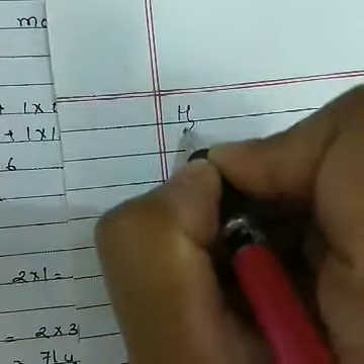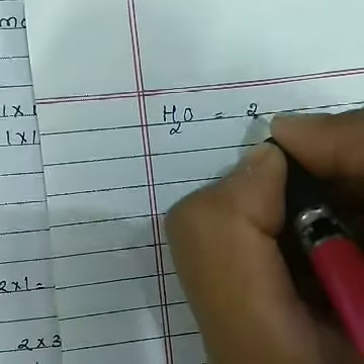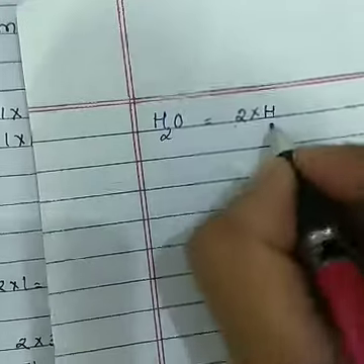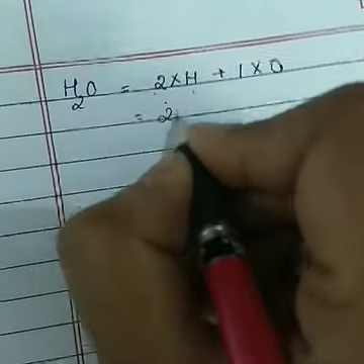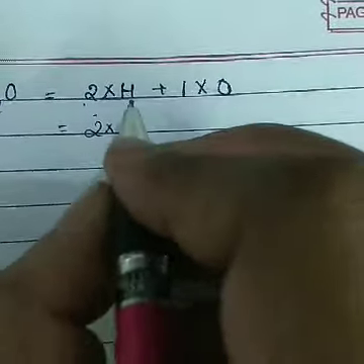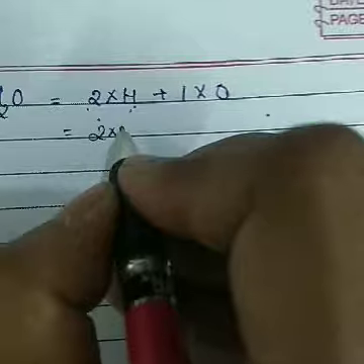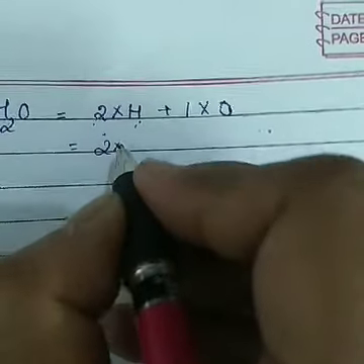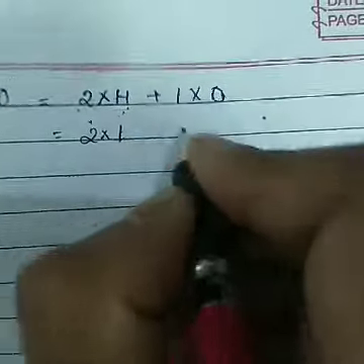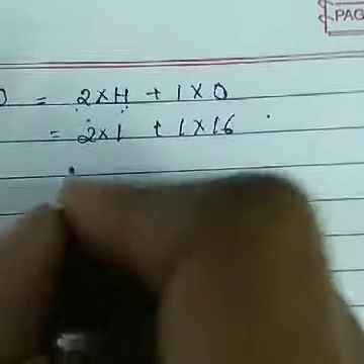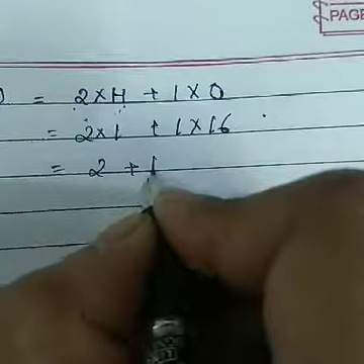Now, how to calculate the molecular mass of H2O. Suppose I tell you to calculate H2O, means 2 atoms of hydrogen plus 1 atom of oxygen. What is the atomic mass of hydrogen? I have discussed the atomic masses of 1 to 30 elements in the previous session. I told you to learn 1 to 30 elements with their atomic masses. In the holidays homework also we have given. So atomic mass of hydrogen is 1, whereas oxygen is 16. 2 into 1 plus 16, that is 18 u.